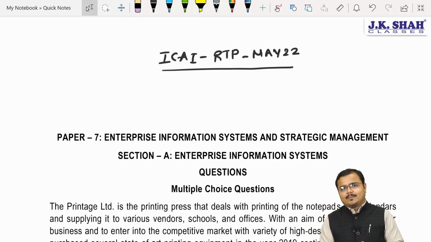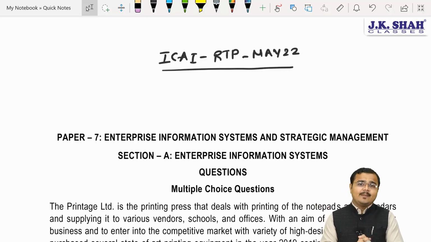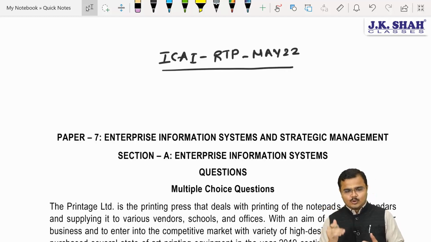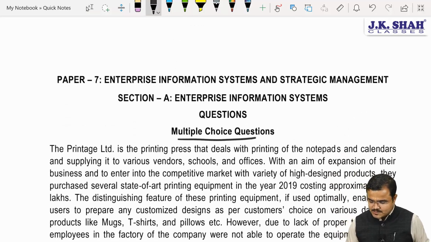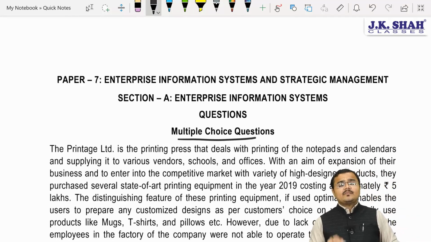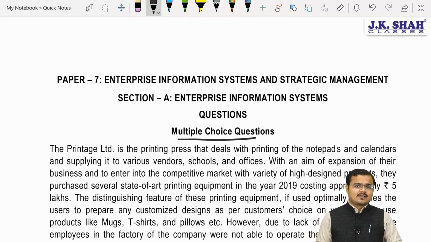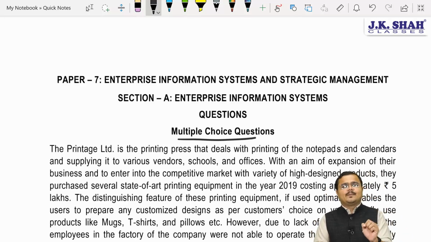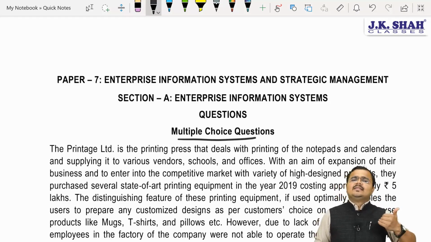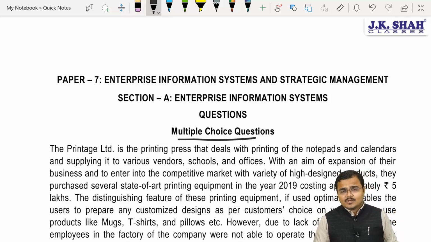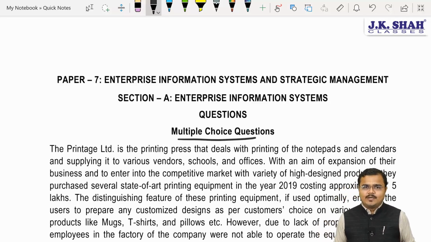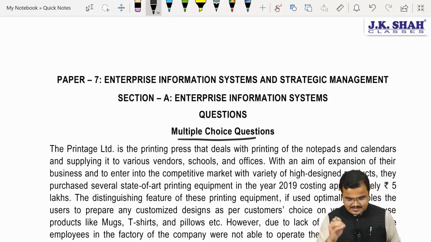So let's begin by understanding the first very important case study which they have given, based on which we are going to solve multiple choice questions. Now, when you are reading this case study, make sure that every paragraph will have one subject or one topic covering a single chapter. So please keep in mind that all the chapters are equally important. Now let's begin chartered. See this.